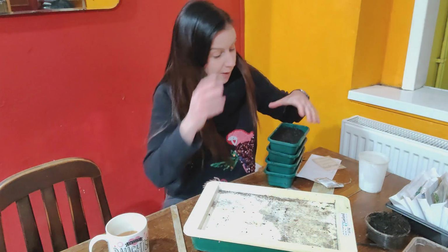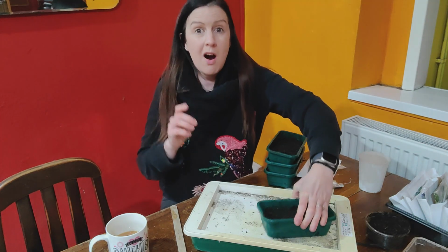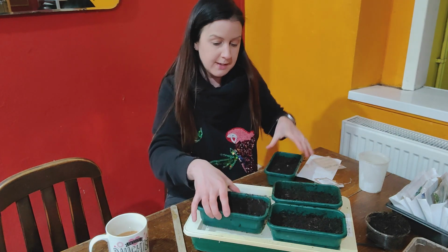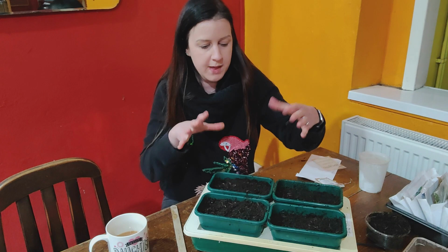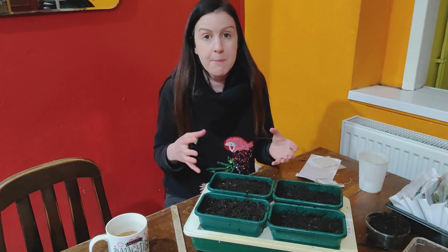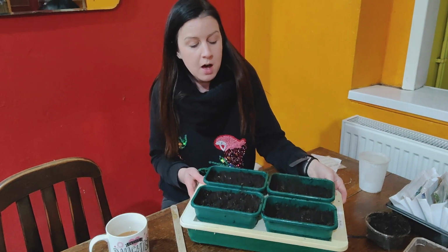So I'm in from the garden now, and when I was out there I realised there were a couple more of these out on the patio, so I have another one that I can use. This propagator here takes 4 of them, so it's quite good that I can make full use of the heated propagator. Once the chilies or the peppers actually germinate, I'm going to switch this off,